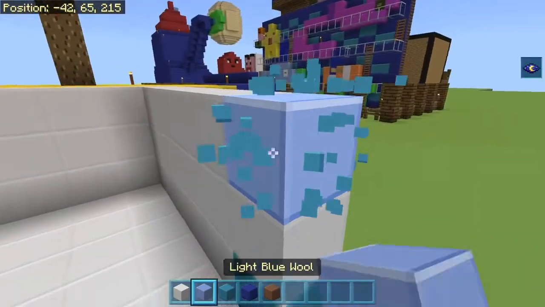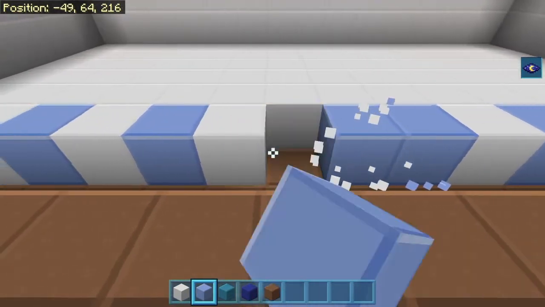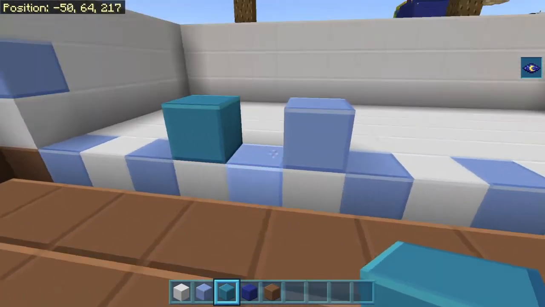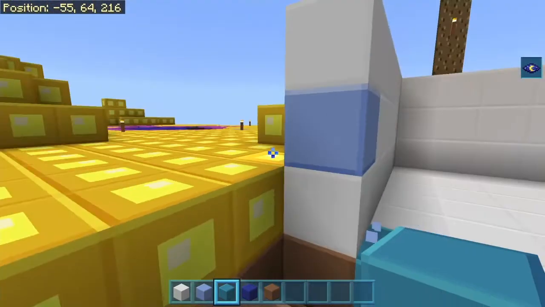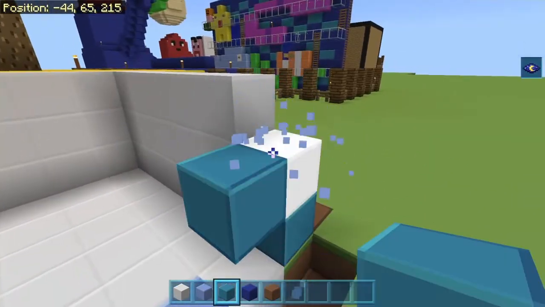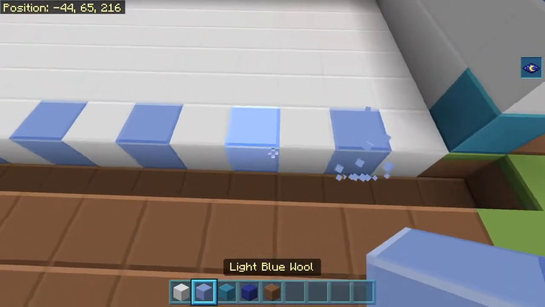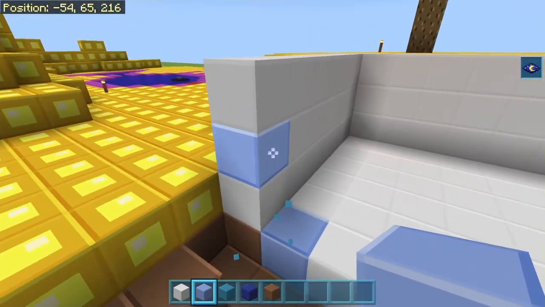Oh, I might have been using cyan. Oops, I've been using cyan. My bad. Or have I? Wait, hold on. What have I been using? It's hard to tell. Have I been using cyan or have I been using light blue? Huh. Okay. Oh, I've been using cyan again. It's so confusing in this texture pack here. Hold on. I'm not used to the plastic texture pack anymore, so...